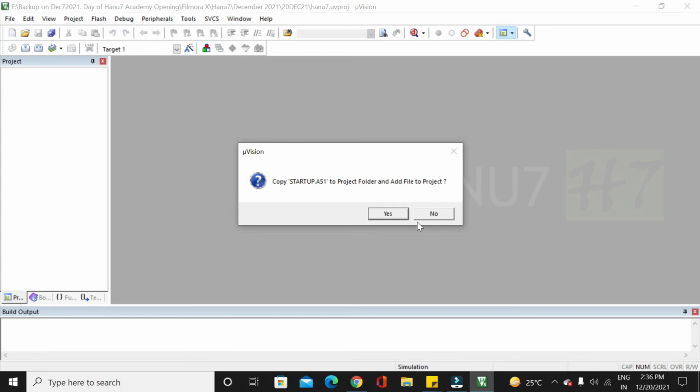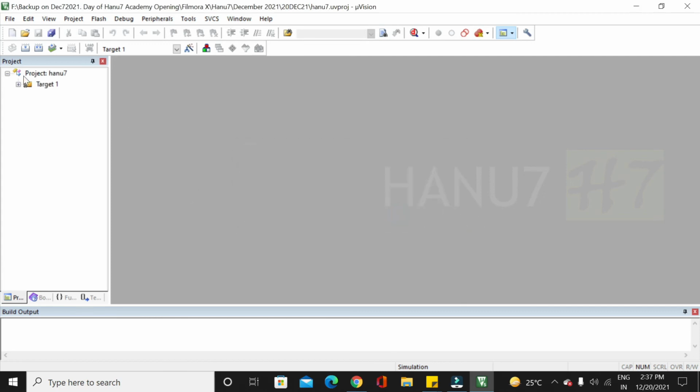Copy startup.a51 to the project folder and add files to the project. Here you get two options, either yes or no. Startup.a51 is required only for programs where you are writing in assembly language. If you click yes, it will be added to the project Anu7.